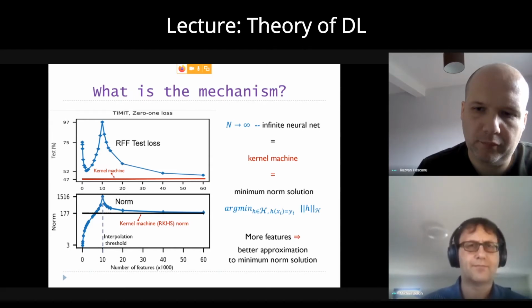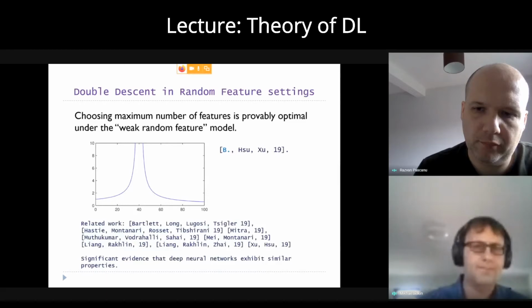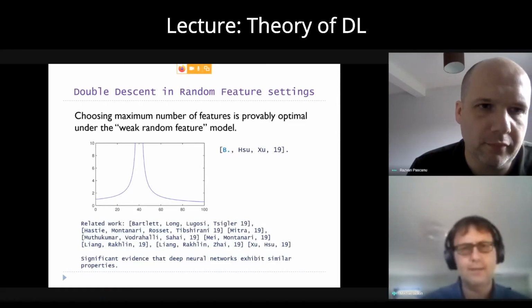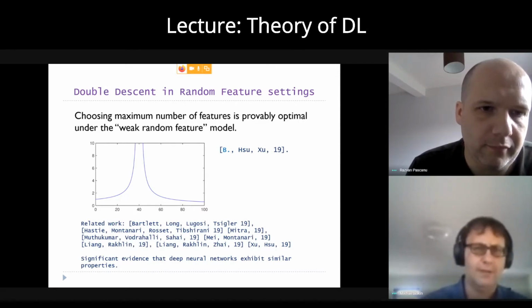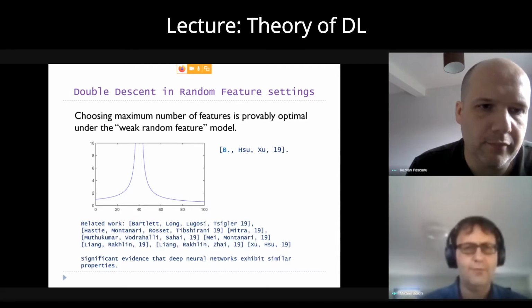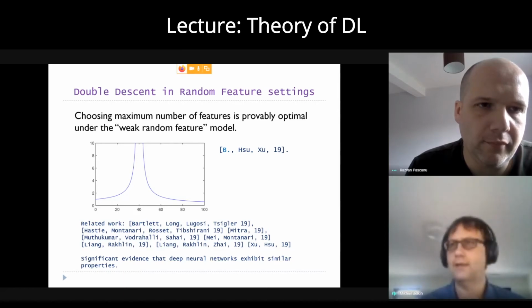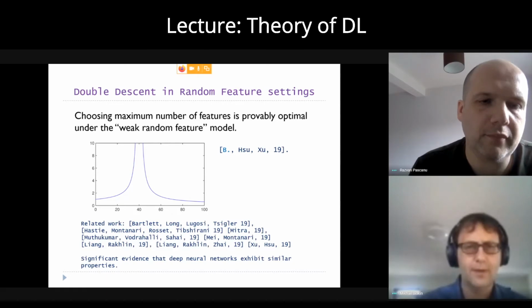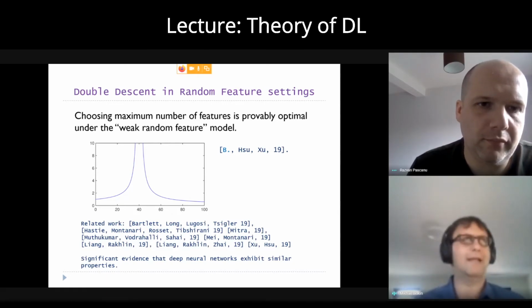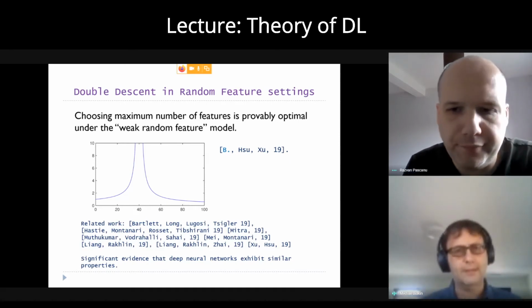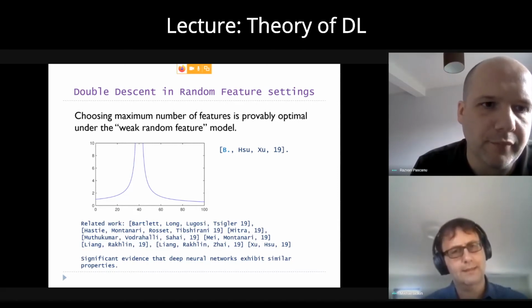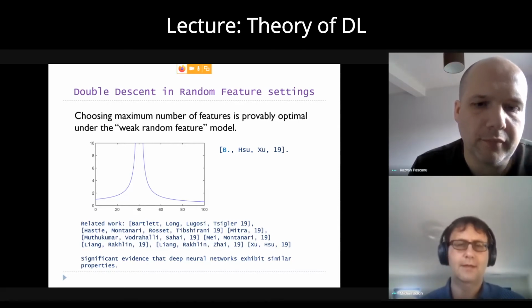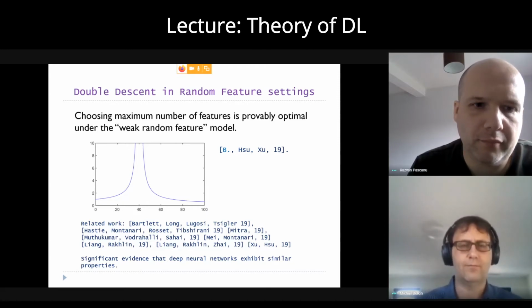Now, maybe I'll skip this one. Now, you can show mathematically that this happens, and there has been quite a bit of work in the last year, year and a half on this, and really we now have a bunch of different models proving that this is indeed the case under at least some simple settings. And you can say, well, why is it like that for neural networks? And the honest answer is, we don't have a good model for really complex neural networks, but there is a lot of evidence that this model describes at least some essential behavior of more complicated neural